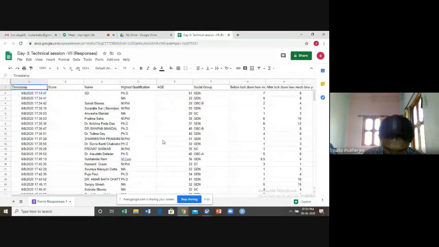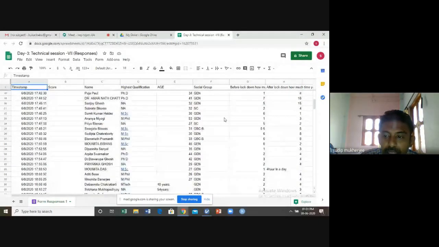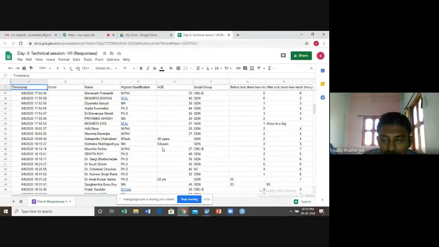The first thing is you have to clean the data, because in some cases, just like this observation, 4 hours in a day, or like this observation, 40 years or 54 years.